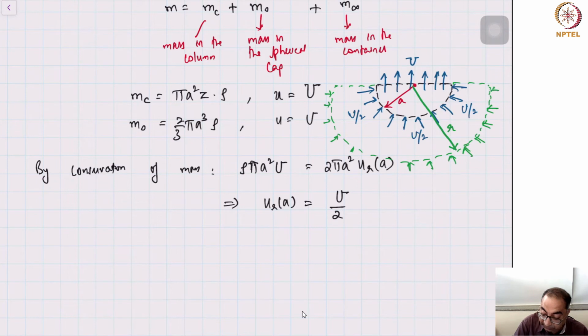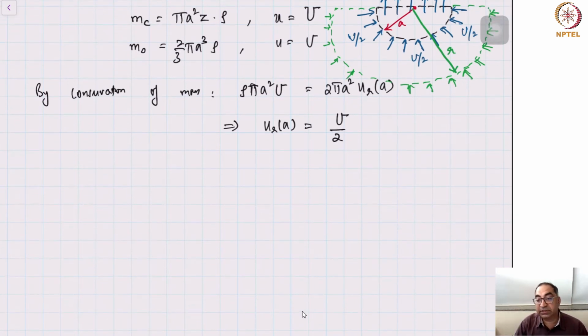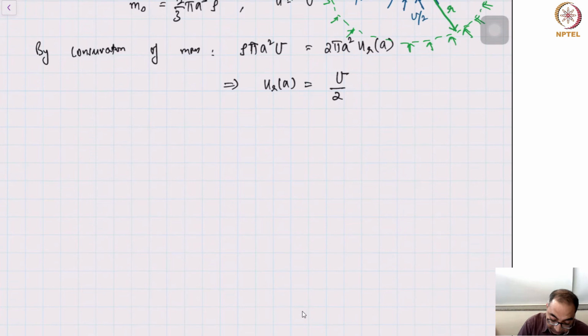We're making an assumption that the fluid is entering in a spherically symmetric fashion. So we want to determine what is the size of this green arrow. So with the same argument,